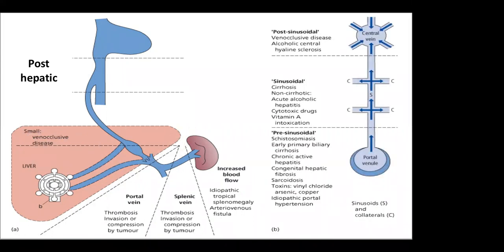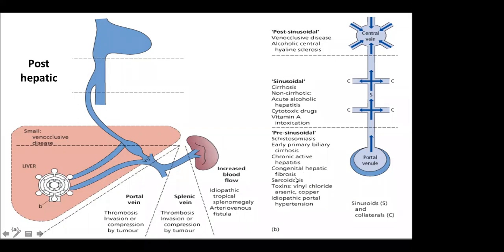Another cause of hepatic portal hypertension: if you look at this diagram, this is the portal venule, and this is the central vein connecting between the sinusoid. It is further subclassified into pre-sinusoidal, sinusoidal, and post-sinusoidal. The commonest example of the pre-sinusoidal is schistosomiasis, and other causes like early primary biliary cirrhosis, or chronic active hepatitis,